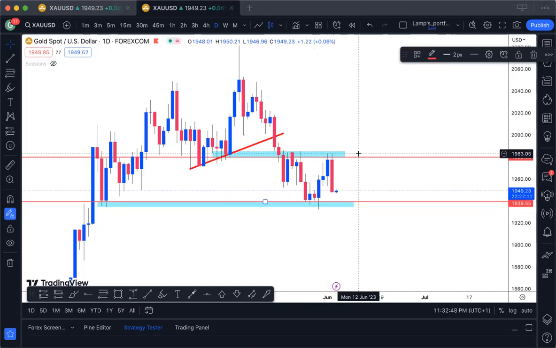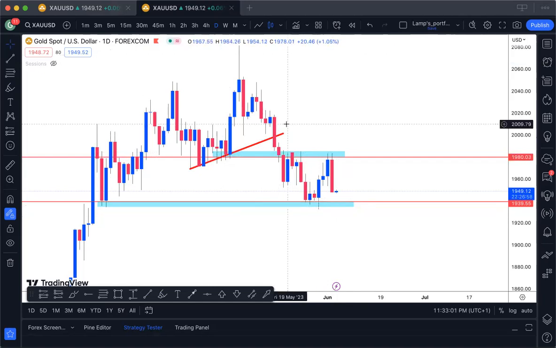Before the week starts, we know that you've marked this major 10 and you've marked this major 10. So now the market is within these zones. Now, there's also something